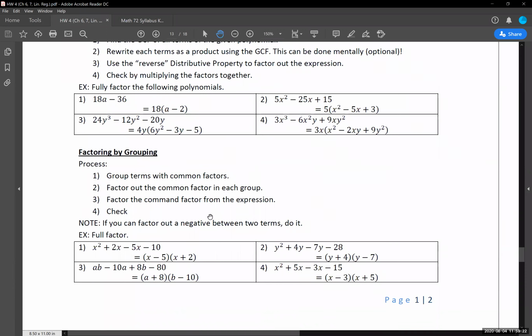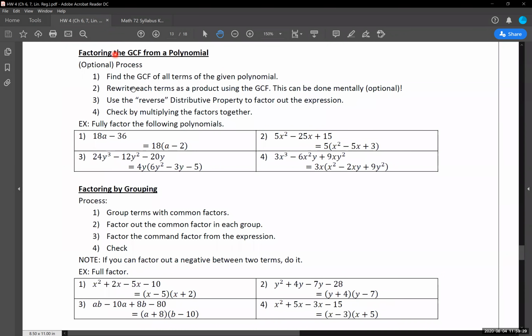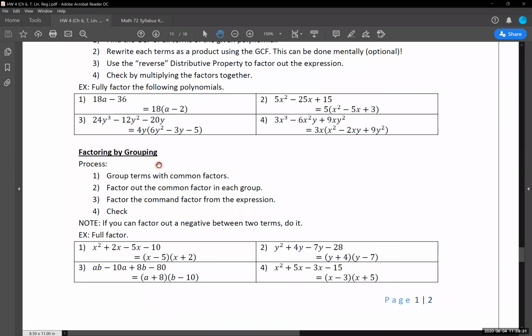So the last thing we're going to go through is factoring by grouping. So we have factoring with the greatest common factor, and now we have another method, factoring by grouping. So 2 ways we can factor these expressions. The nice part about factoring by grouping is it's a very specific instance when we have this showing up. And we're actually going to see this in, I think it's going to be 7.2, another factoring method that we learned in 97. But this is a pretty specific one on when we are going to be using it.